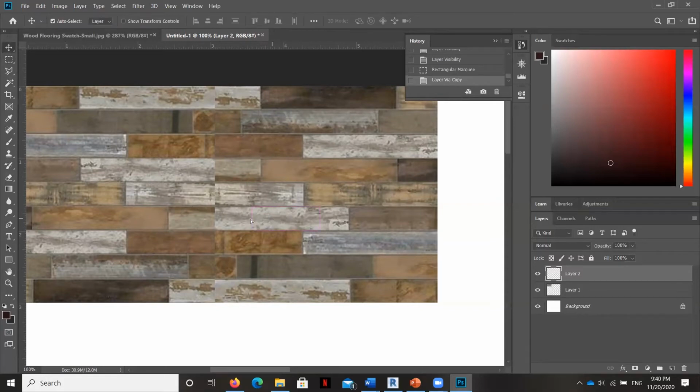So then I hit move. You can see I'm going to move it over just like that. And now that plank is longer than it was before. There's a little itty bitty seam right there. Okay. But before I can blend it out, I want to merge that layer down so that the piece that I just moved is now a part of that original layer. So I do Control E to merge it down.